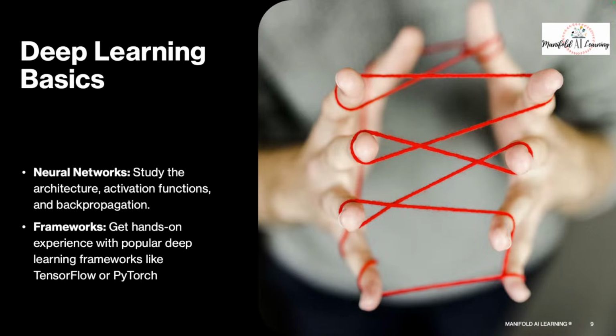Since I'm focusing specifically on generative AI, you can start with the basics of neural networks and understanding the core concepts in neural networks, such as activation function, loss function, forward propagation, backward propagation, and the optimization algorithms, and how these optimization algorithms are finding the values of gradients, what loss function is being used, and how the values are fine-tuned. Also the concepts of overfitting, underfitting, hyperparameter tuning, adjusting these hyperparameters, and how these hyperparameters have an impact on the values of my output. So those are the key things that you have to focus on.